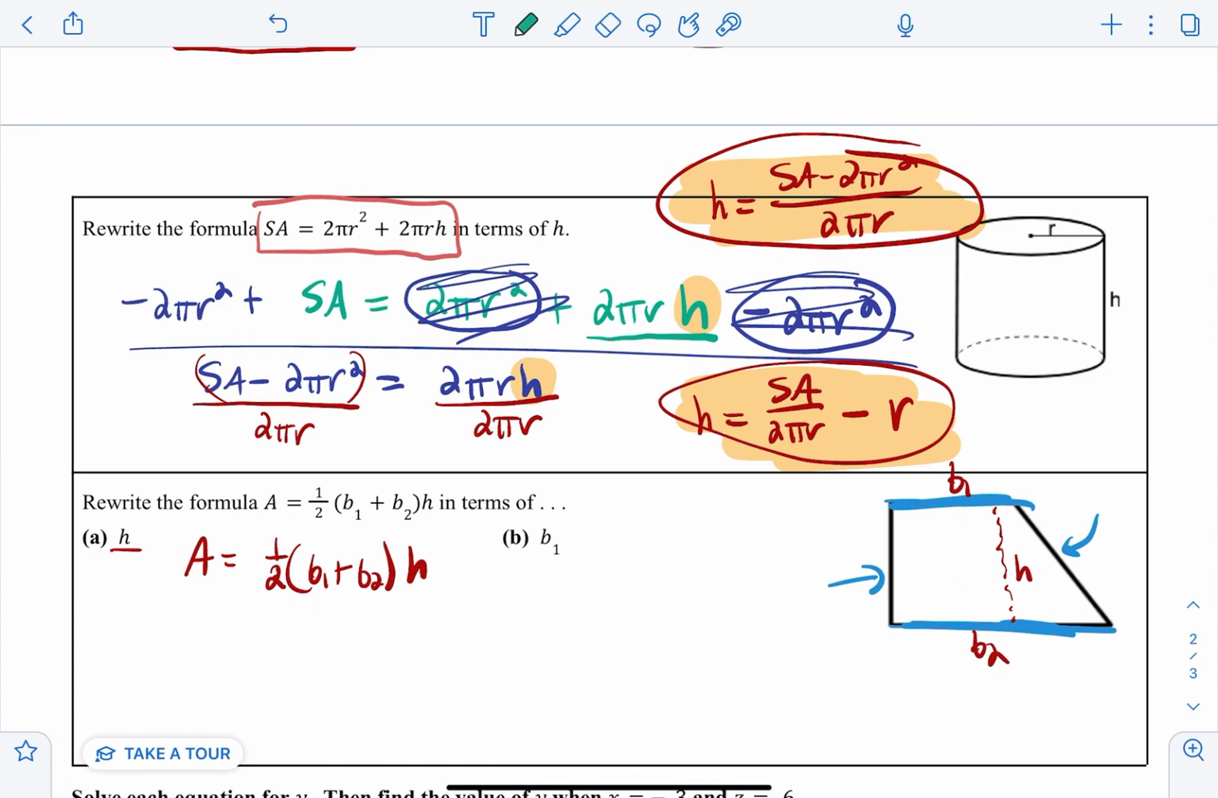You actually don't really need to distribute, because you just have this, and because that's in parentheses, you have times that, times that. So it's really just undoing the multiplication of 1/2 and then undoing the multiplication of the quantity of b sub 1 plus b sub 2. And so one first thing that we could do to both sides is just multiply it by 2, because we know that 2 times 1/2 is just going to equal 1. So that's going to give us 2a equals just the sum of b sub 1 with b sub 2 times